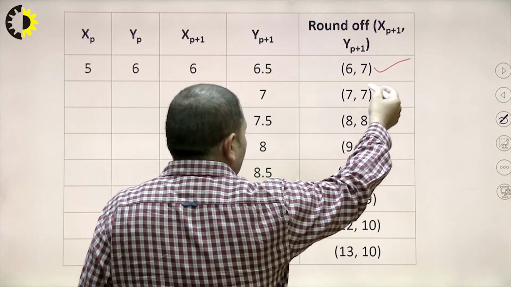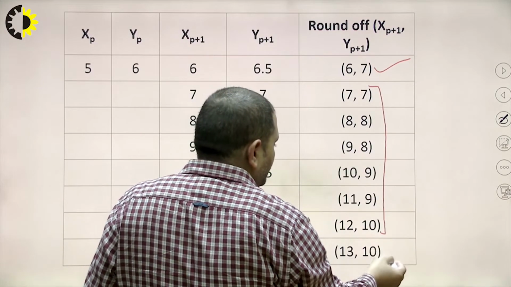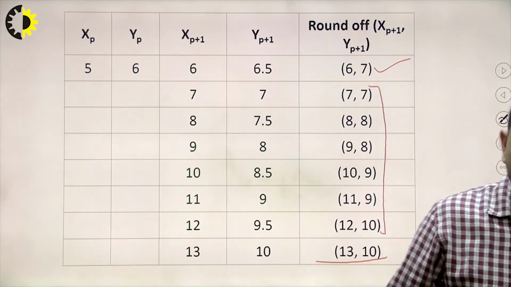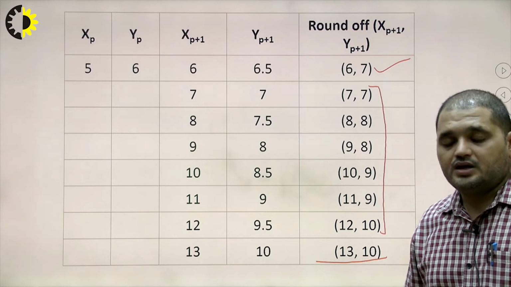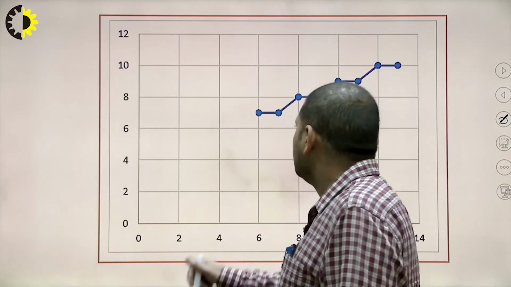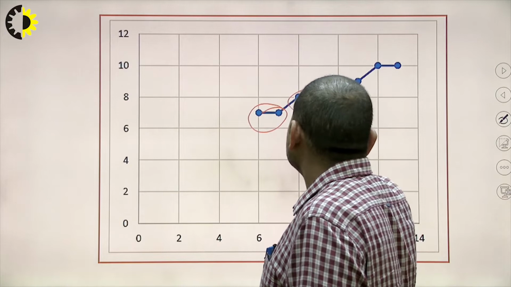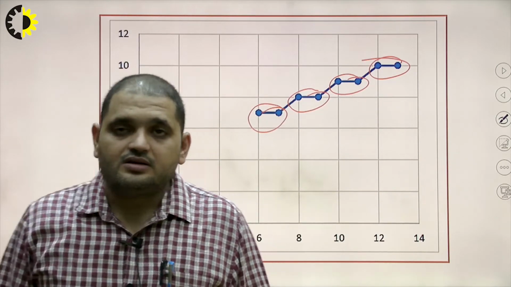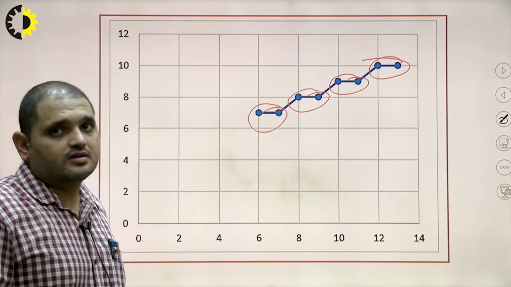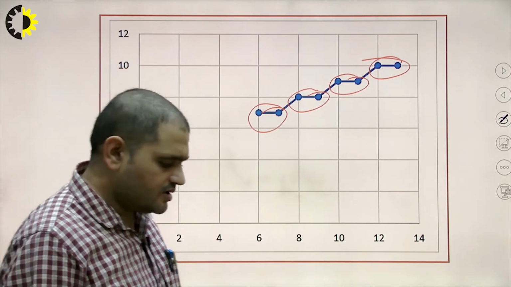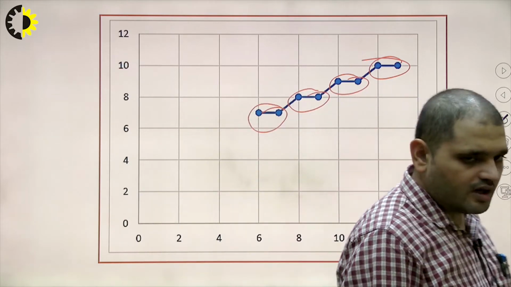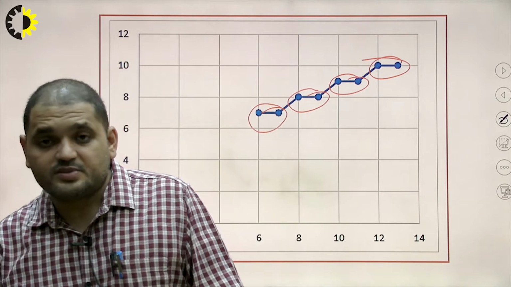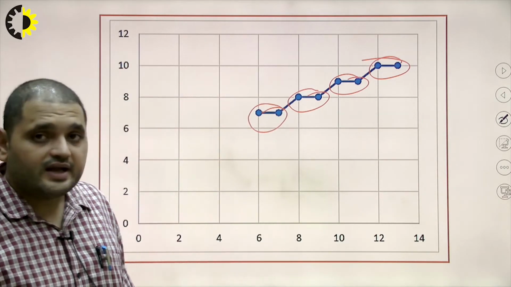So again we will follow the same until we reach the end points, and the intermediate points will be there to draw the line. So this will be the line, and still we can see a number of jaggies, steps present here. So this is not as smooth compared to Bresenham's line algorithm. I hope you understood this type of line drawing algorithm. So basically we have learnt about two types of line drawing algorithm, that is Bresenham's and DDA line drawing algorithm.